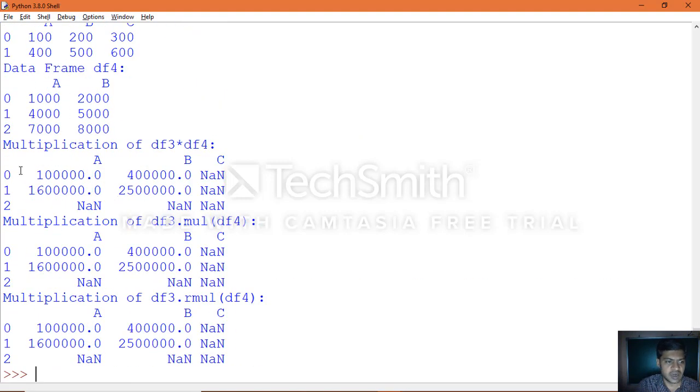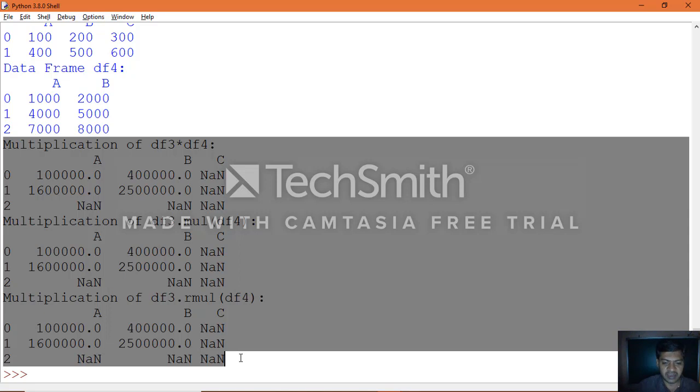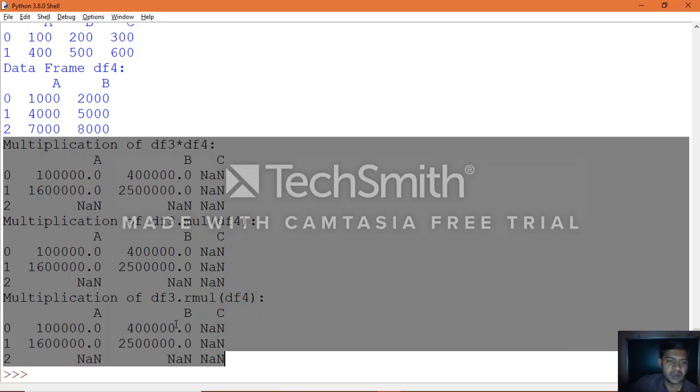You can see the operation which it performed between data frame object 3 and data frame object 4. All three statements which we executed give the same result, and for non-matching indexes, results are calculated and non-matching indexes store NaN values.